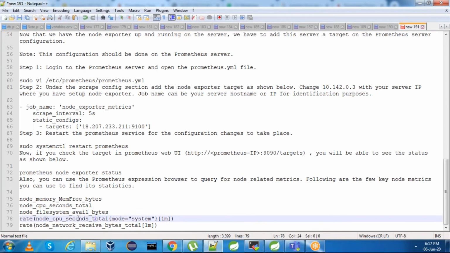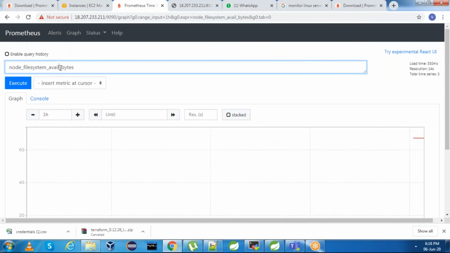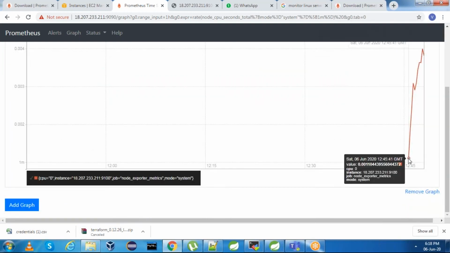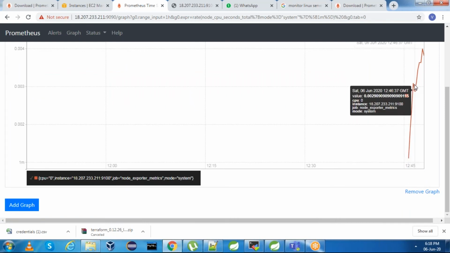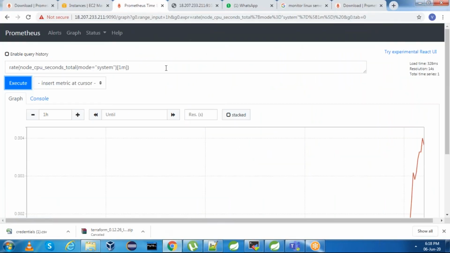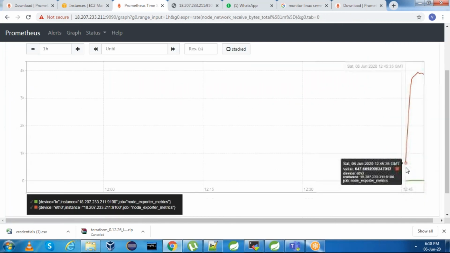Next, if you want to see node CPU, you can use rate, hit here and execute. This is the rate, right? You can see at this instance it is this much, and next it went up. And if you want to see network receive bytes as well, same thing, copy this and execute here. This is how you watch